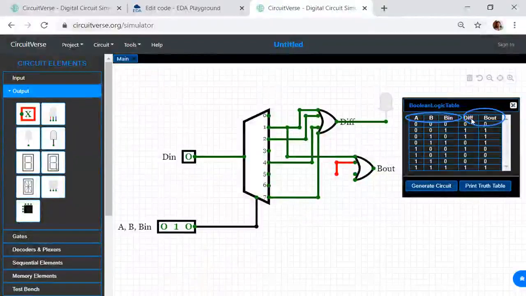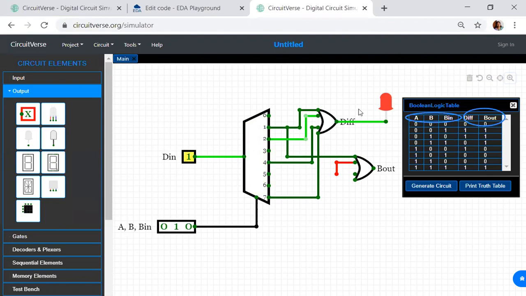Now if you see, the difference will be having M1, M2, M4 and M7. All this will be connected to an OR gate, M1, M2, M4 and M7. Now D in should always be made 1. Now what is the combination?